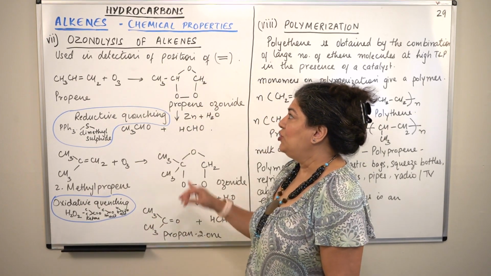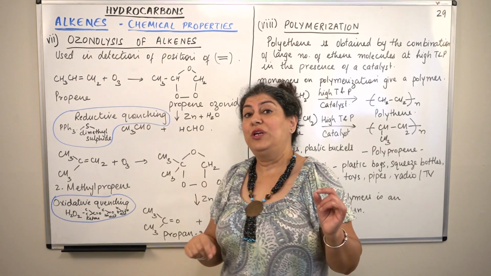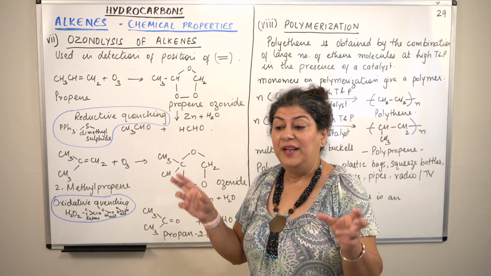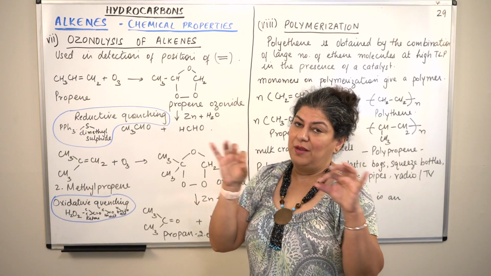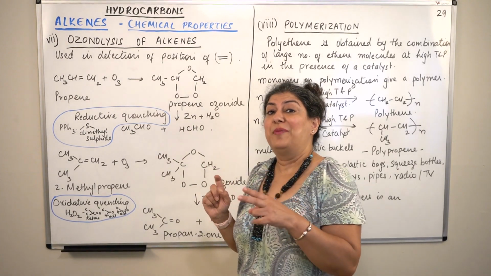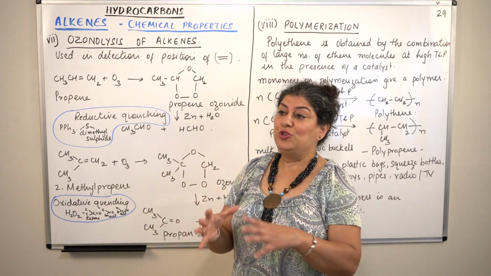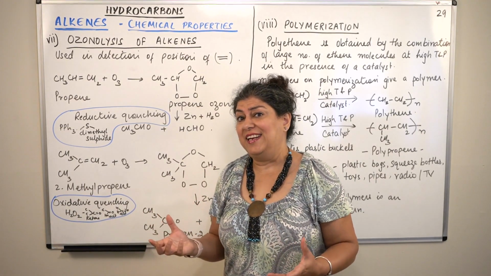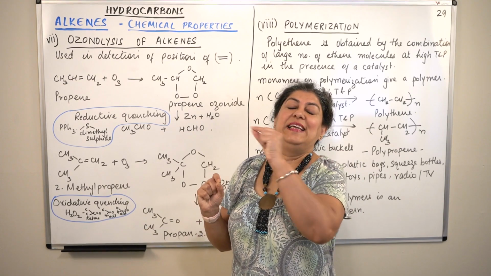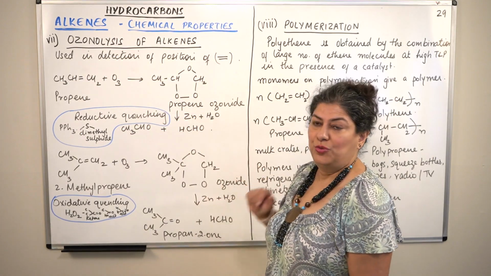So, let us now come to the ozonolysis. One important thing to remember is that since ozone is going to target the double bond of the alkene and the two products are going to depend on the two carbons which were combined by a double bond, this becomes a tool to identify which are the two carbon atoms which have the double bond. We can't see molecules in reality. So you just know it's an alkene, but which alkene is it? You could identify that. This could be used as a test to find out where exactly the double bond is in the chain. You'll understand this as we do ozonolysis.